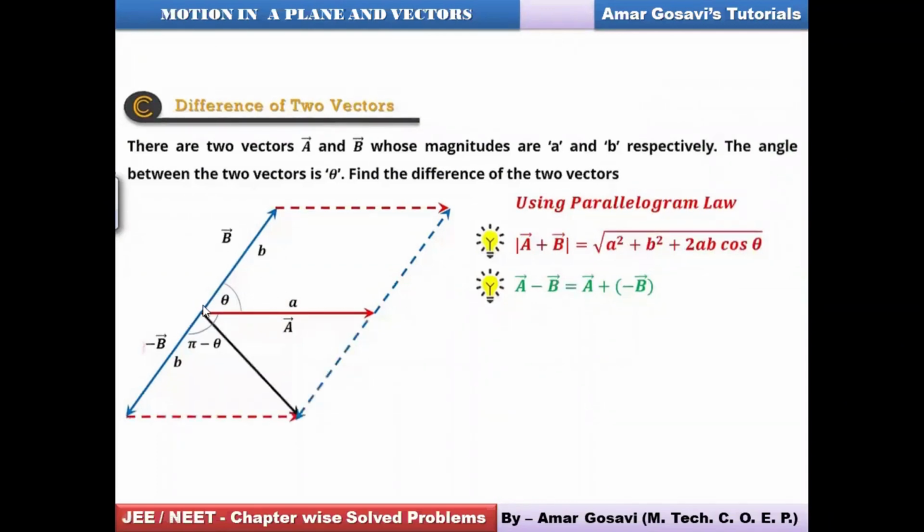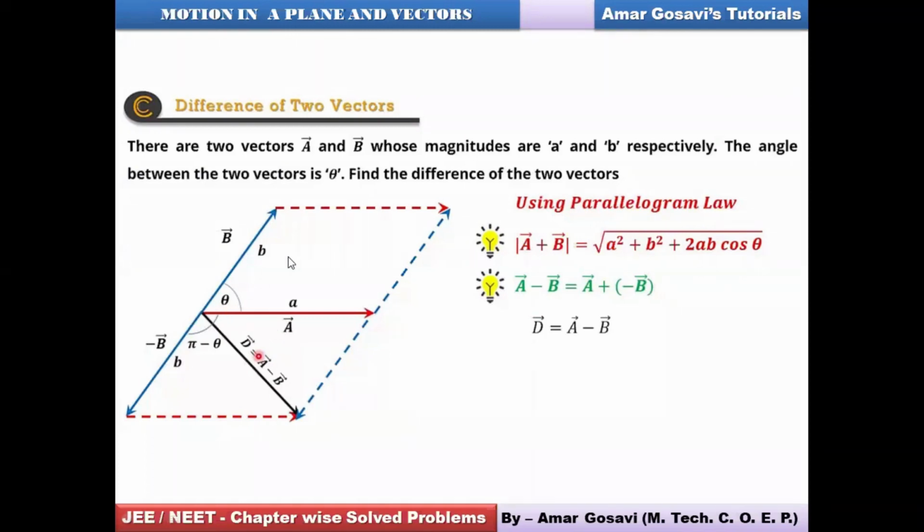So the resultant in this case won't be in the upward direction. The resultant will start from the same point, but then you'll have to draw a parallelogram downwards like this. So this black color line gives you the resultant, friends, for the difference between the two vectors. For the difference, what I have considered is the exactly opposite vector to b vector, you can see. Just extended this backwards. And now this is the resultant, friends. We are interested in the magnitude of that. Okay, let's see. So let's call that resultant instead of C.